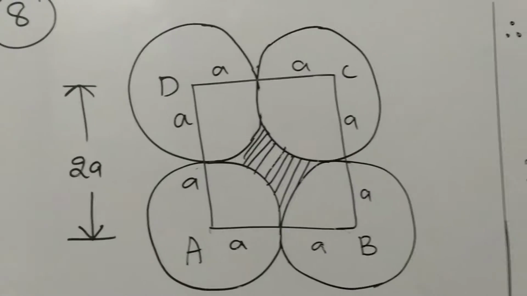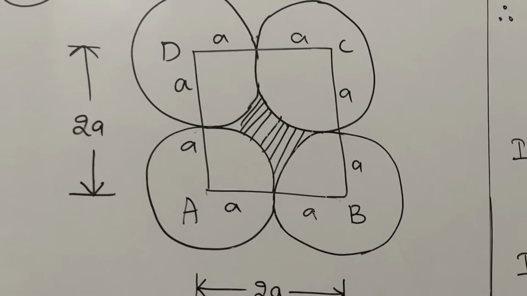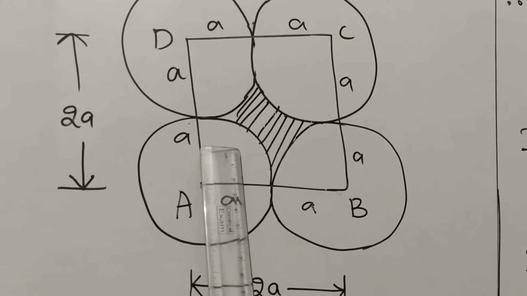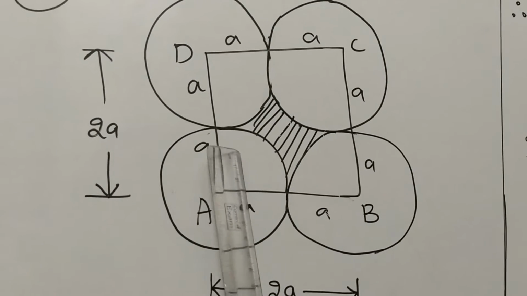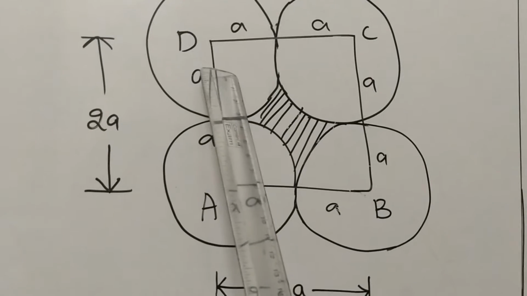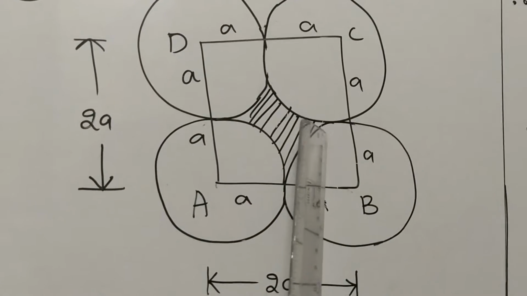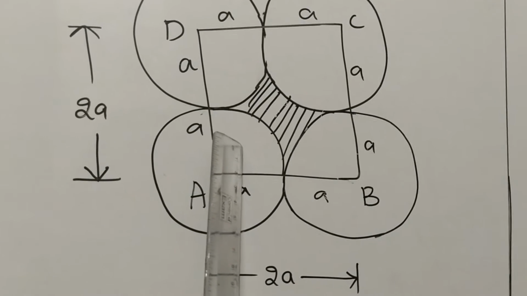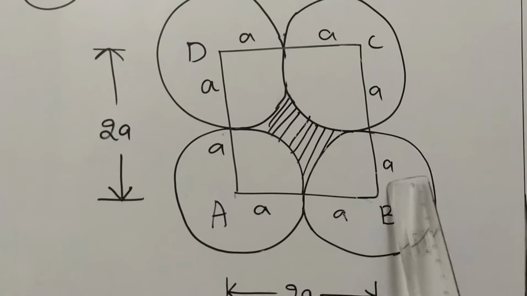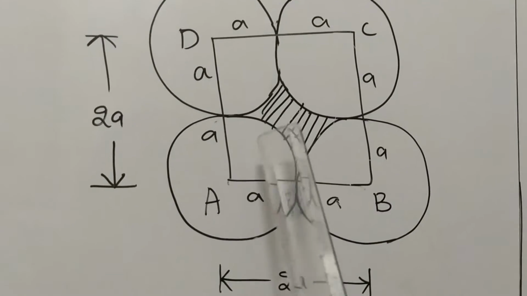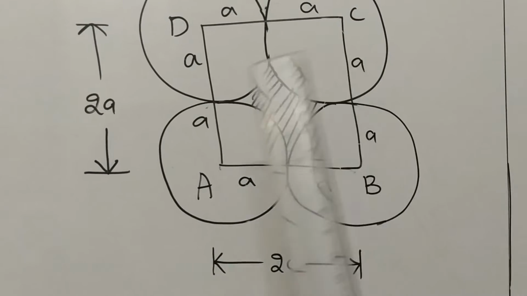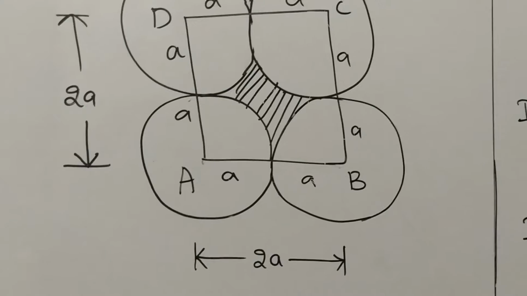Now first what we have to do in the solution, students, is find the area of this square, and then find the area of each sector. Here 4 sectors are forming. This is the first sector, this is the second sector, this is the third sector, and this is the fourth sector. And then lastly we have to subtract: the area of the whole square minus the area of the 4 sectors. Let us first find the area of the square and the area of the 4 sectors.